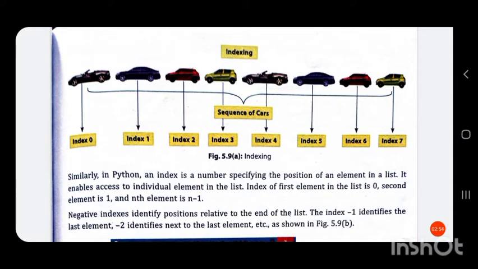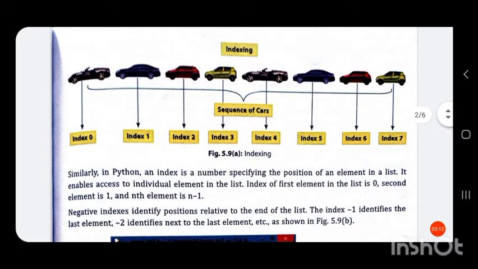In that, the car which is in the first position has index 0 and the car which is in the last position has the index 7. Also, here we know that there are 8 cars.